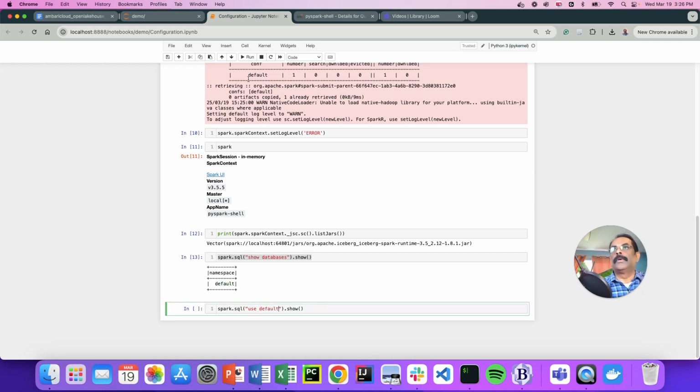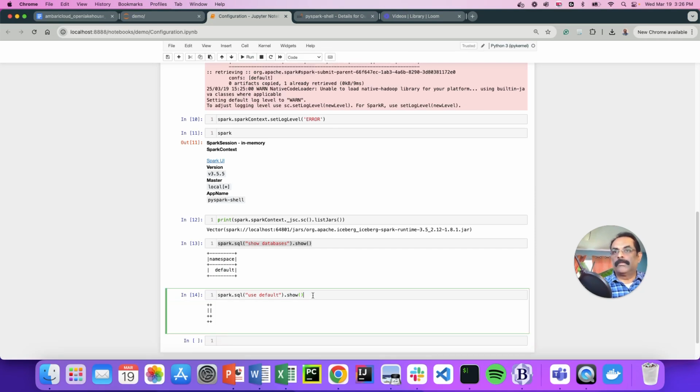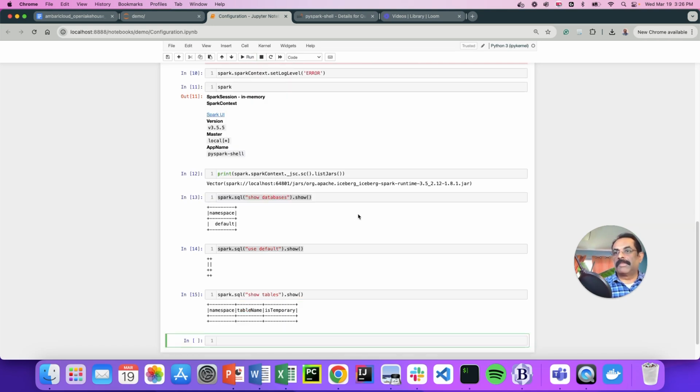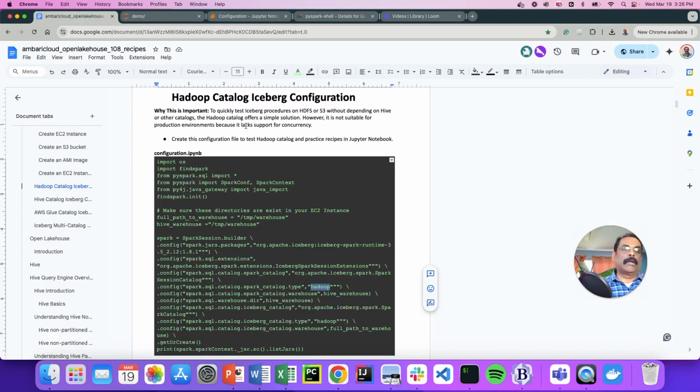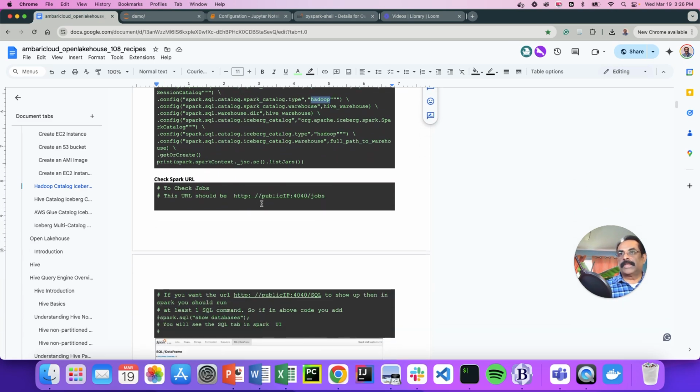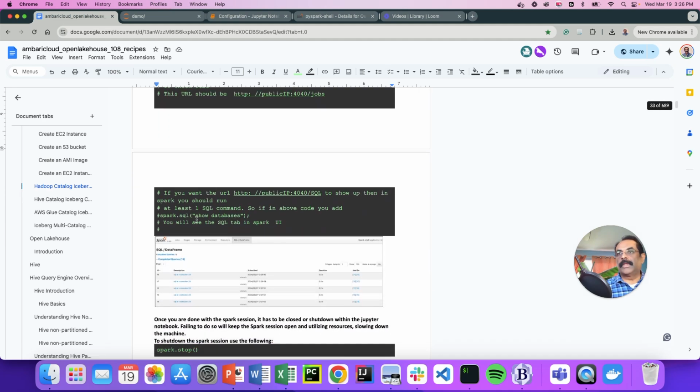And show tables. Okay, if there are any tables, yeah, we don't have any tables. That's it. That's how we're going to configure the Hadoop catalog for Iceberg configuration. And as I said here, you're going to use a public IP when you connect to your EC2 instance,